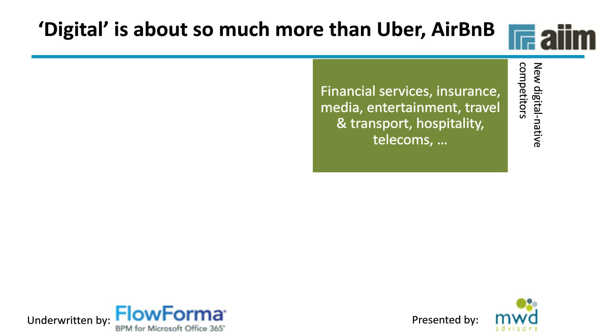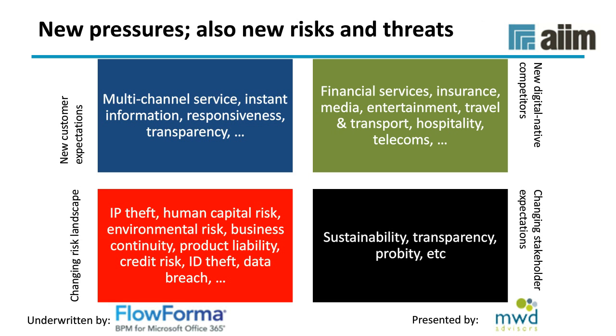And the bigger picture, which forms the context for all of this, is not only new digital native competitors, but also, moving to the left, the impact of new customer expectations: immediacy when we deal with our customers, responsiveness, transparency, provision of accurate information, the ability to work across multiple channels. So on the website, maybe in a store or a physical venue, maybe through a call center, an IVR, maybe through a mobile app, maybe through a social platform. The ability to provide consistent, reliable information and service across all of those channels,